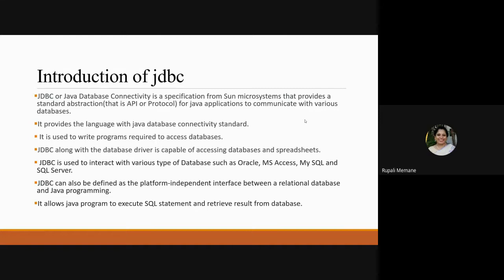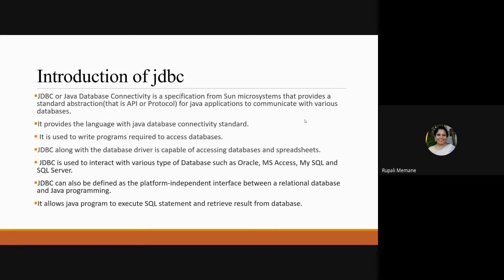Fine. Then JDBC needs that we write the programs with which we try to access the database. Now let's say you have created a student table of TYBCS class division B. Then what information have you written? You have written the roll number, name. So you have created the table. And if I say, okay, I just want only the first test student, then you fire the query. So those particular statements, the way you write in SQL, similar programs I need to write in Java, so that I'm able to access my database, right?